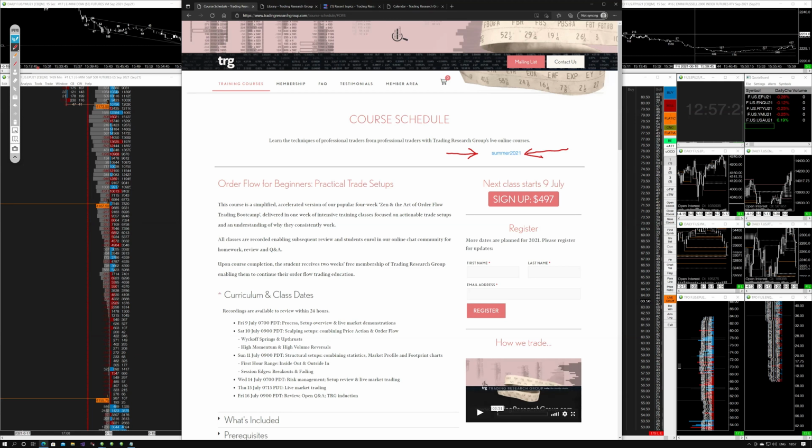I was having this exact conversation yesterday with a private coaching client of mine who runs a little boutique hedge fund for high net worth individuals. They've got about 40 mil under management. And we were discussing algo and HFT and AI. And he said there is very little order flow analysis done by these heavily mathematical and academic funds, because it's staffed by really smart university graduates and mathematicians,